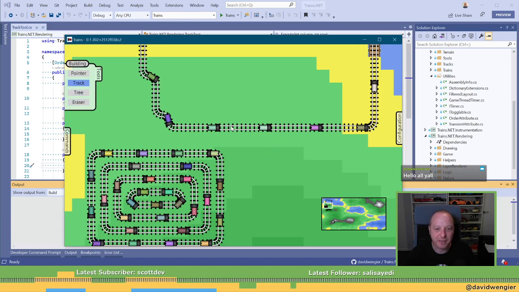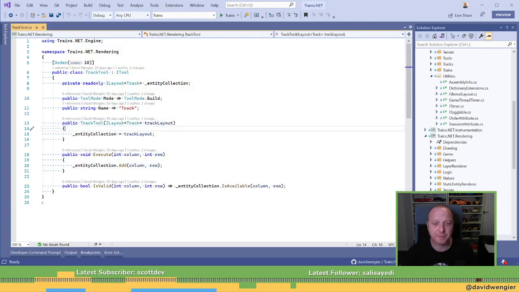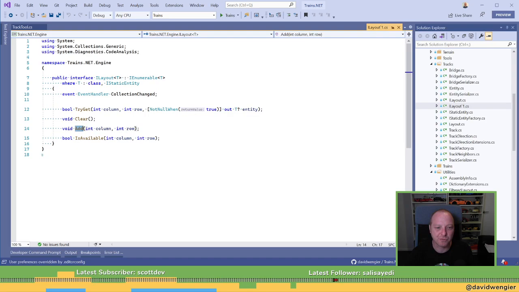Yeah, so maybe we could do that. It's almost like you want a rotate track tool, like a rotate. Well, actually, wait a minute. If I put a tree, ooh, if I click it again, it does change to a different tree, which is probably a little bit crappy. That's that weird refresh notion. Maybe that could be done via track factories.